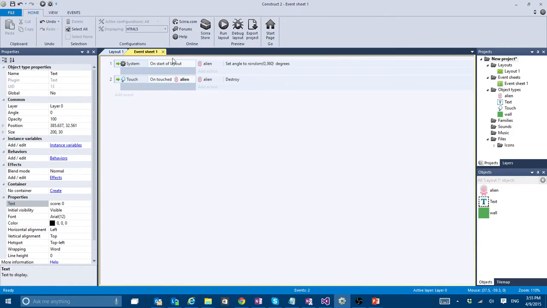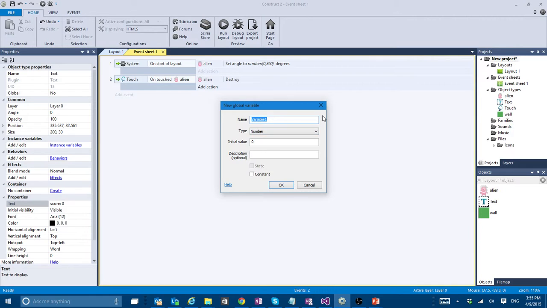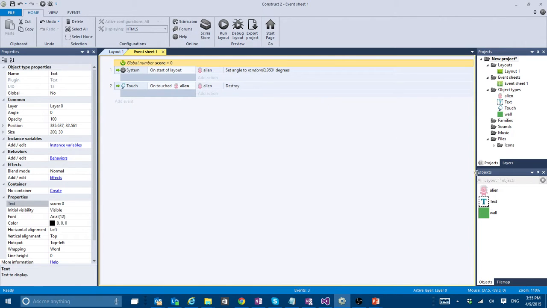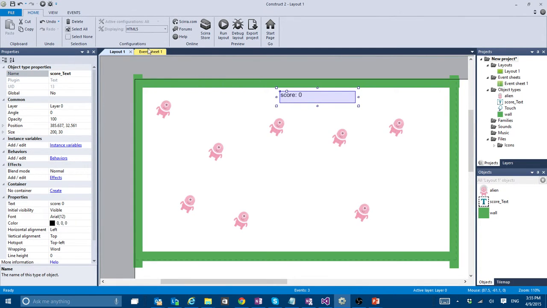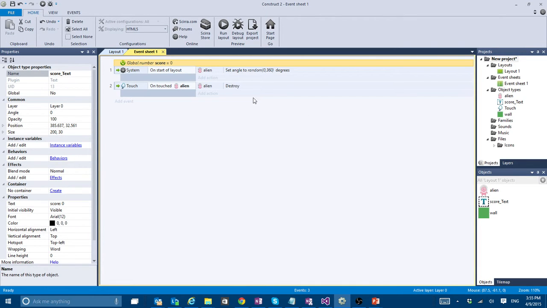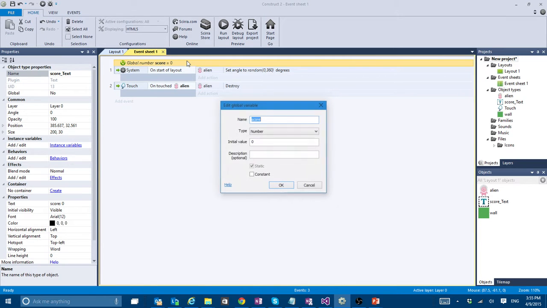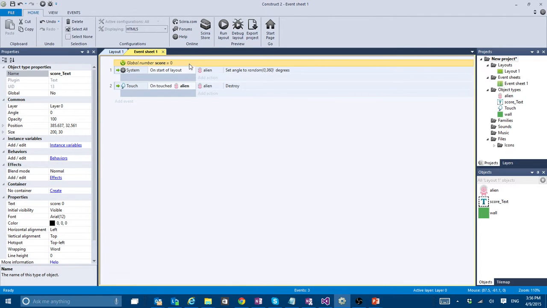So I go back to the events, I right click, and I'm going to add a global variable that I'm going to call score. In this case I'm going to call this one score text, so we don't have any confusion. So we have the score, that is the variable, and the score text that is going to be here showing me this. So what am I going to be doing here? Well, the score starts at 0, so that's great. When I was creating it, I could have said that the initial value is something else, but in this case